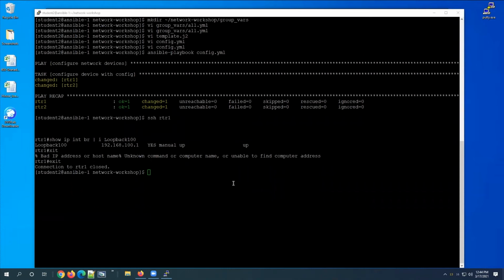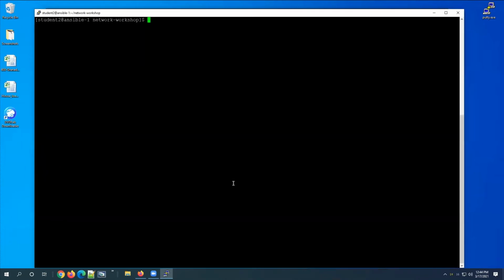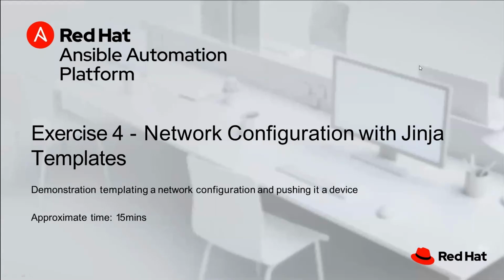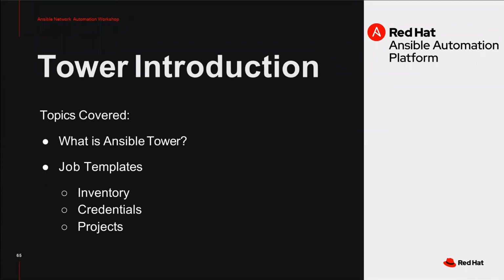Just let me clean up a little bit and find my slides. All right. So we just finished exercise 4. We'll go through the introduction to Ansible Tower, and then we'll take our second break of the day and head into the third hour. For all those that are hanging on, I certainly appreciate it. And hopefully you're getting